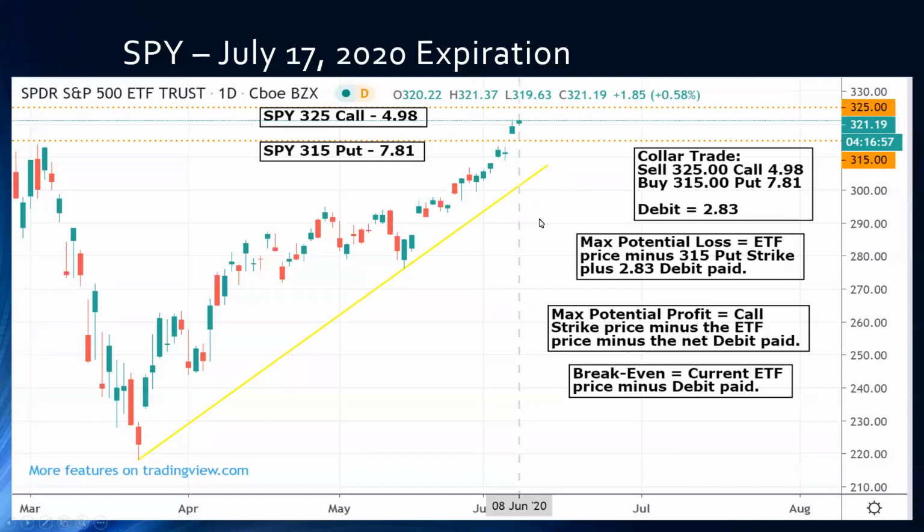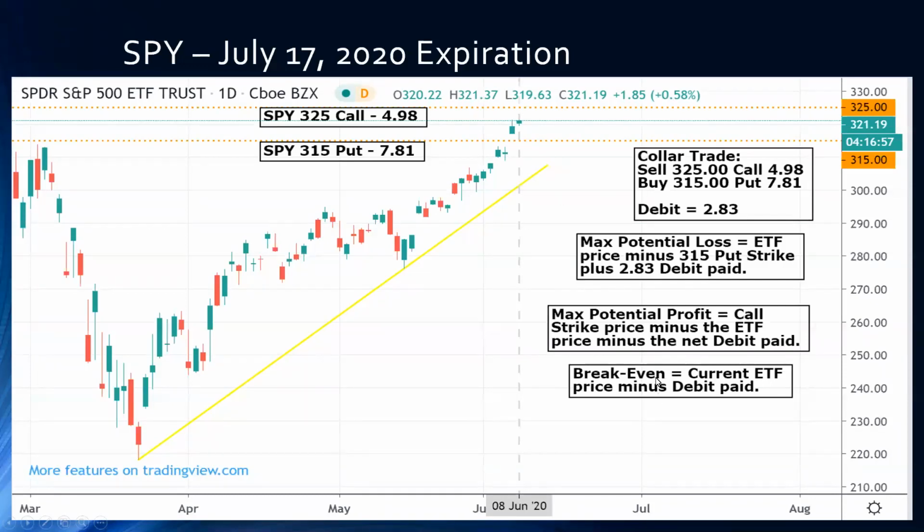Now remember that this is a strategy where you want to stay long the ETF. What you're trying to do is lock in either a potential return or limit your potential losses in the short run while the market is correcting, not necessarily completely reversing trend. You never know which way a market's really going. But in this situation, you're looking to cover yourself. Remember, this is two strategies in one. It's a covered call, just like you have a protective put going on. That's why it's called a collar. You've got basically both sides covered on this trade.